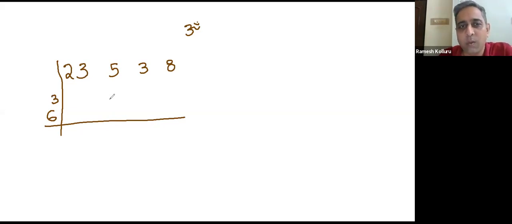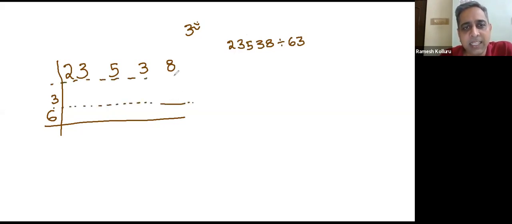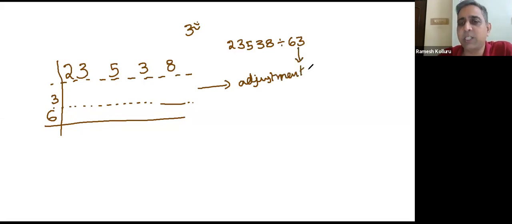Now we will use this type of pattern where the question is 23538 divided by 63. This is the main dividend line, and this is the adjustment line. It is the adjustment of the units place. Whatever units place adjustment there is, we are going to do in this place. In fact, other than the highest value,